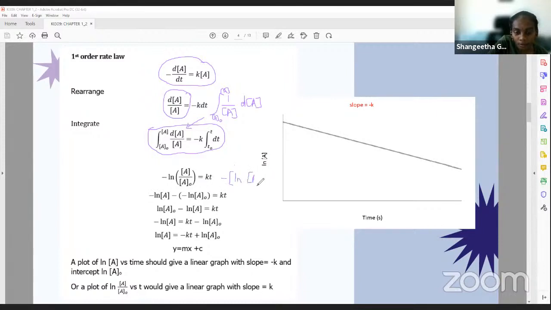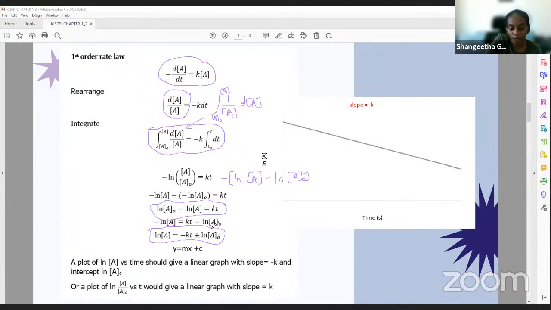ln A minus ln A naught. So you can then solve this in order to get ln A naught minus ln A equals kt. Now from here, you can further rearrange this expression to become negative ln A equals kt minus ln A naught. And finally, you will arrive at this expression where ln A equals negative kt plus